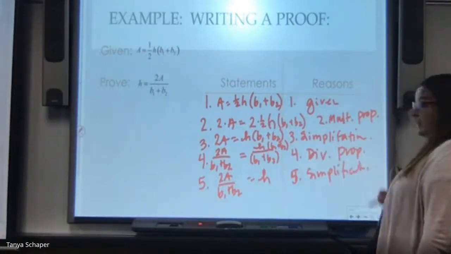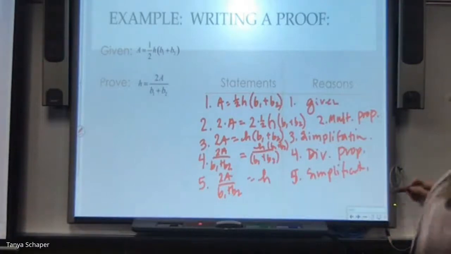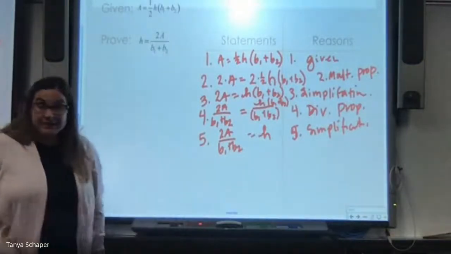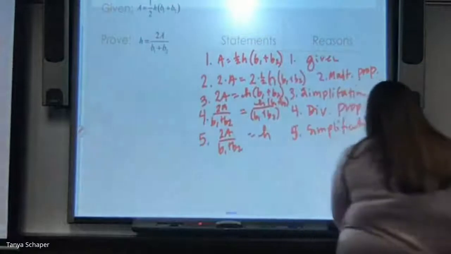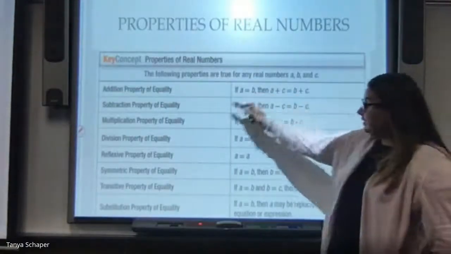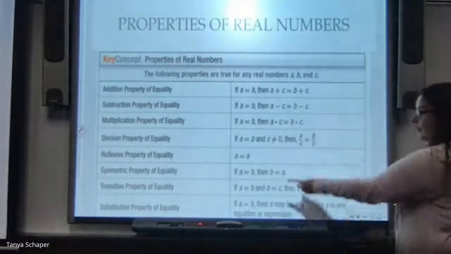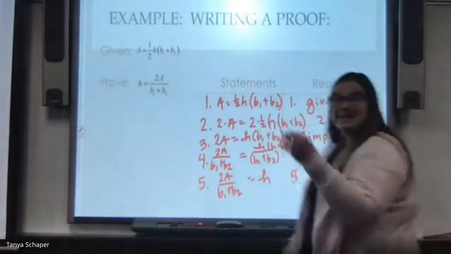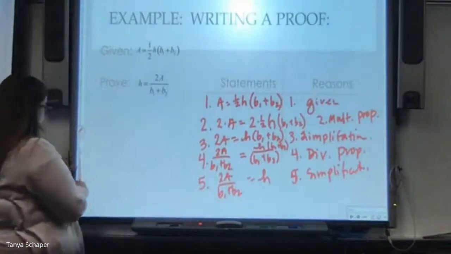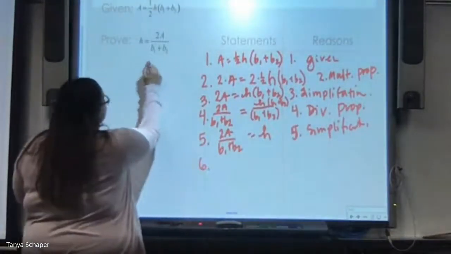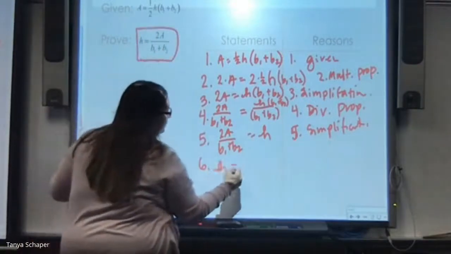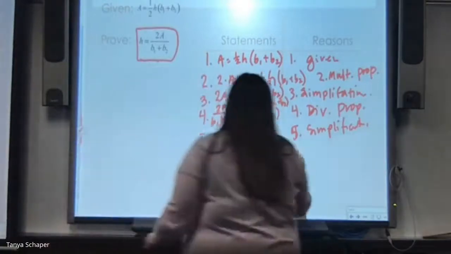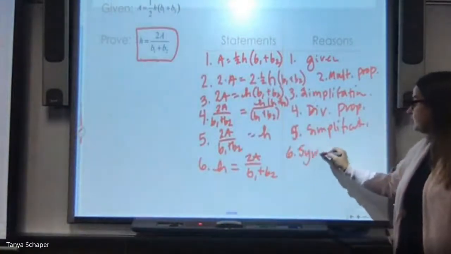Now, I am not done yet, because my proof statement needs to be exactly what it is here, and it's not. So which property, remember I had you look at a few of them at the beginning, is going to allow me to switch them? I'm going to use the symmetric property of equality right here because I have to have it look exactly the same as my proof statement. So I'm going to switch it around so it looks exactly like this. So H is equal to 2A divided by B sub 1 plus B sub 2. And so number 6 is going to be the symmetric